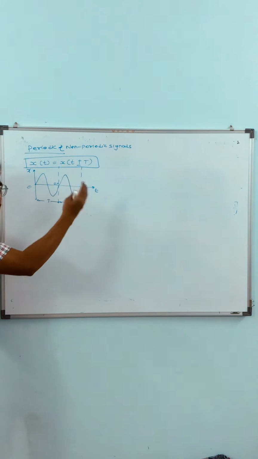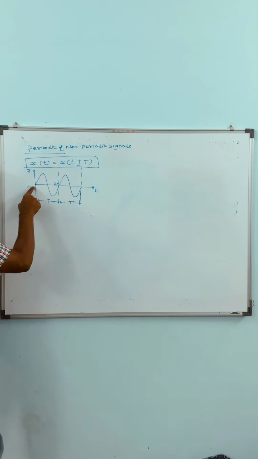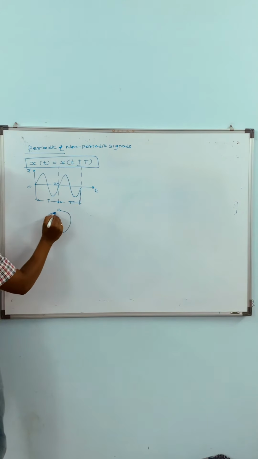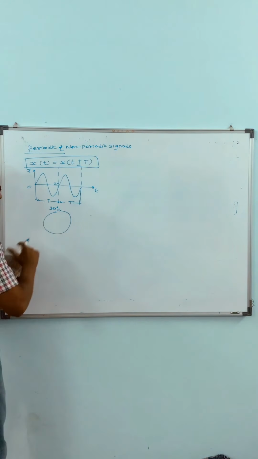If the signal is not repeating with the same time period or is changing amplitude, the signal is non-periodic in nature. How will we analyze? The 0 will be the starting point and 2 pi will be the ending point. For your ease of understanding, I will draw one circle which will start at a 0 point and come back to this 0 point. It is 360 degrees. This is the complete rotation.